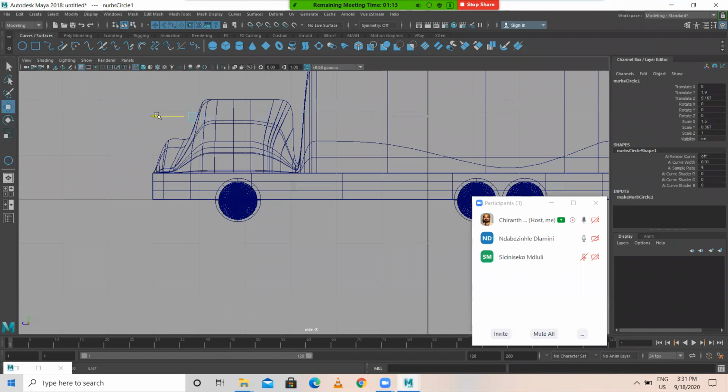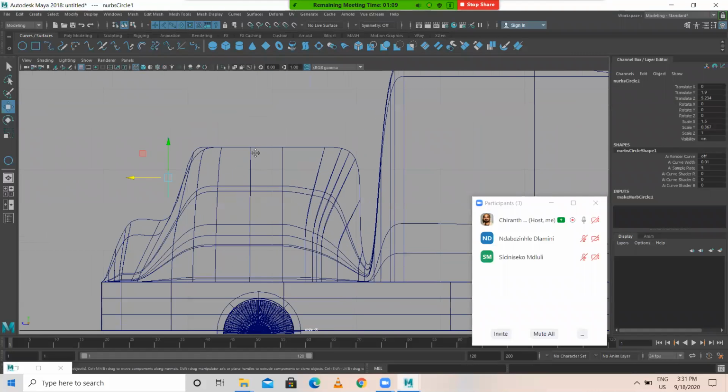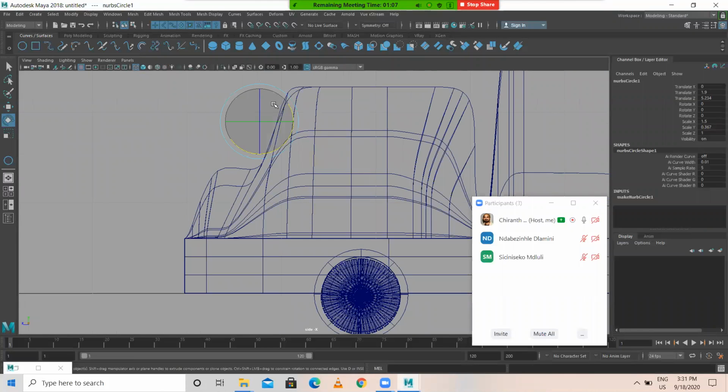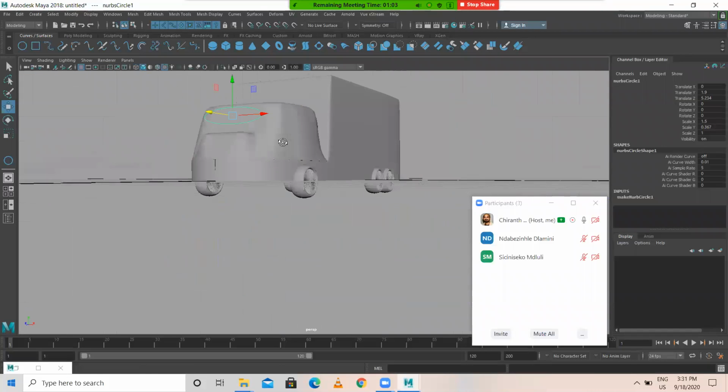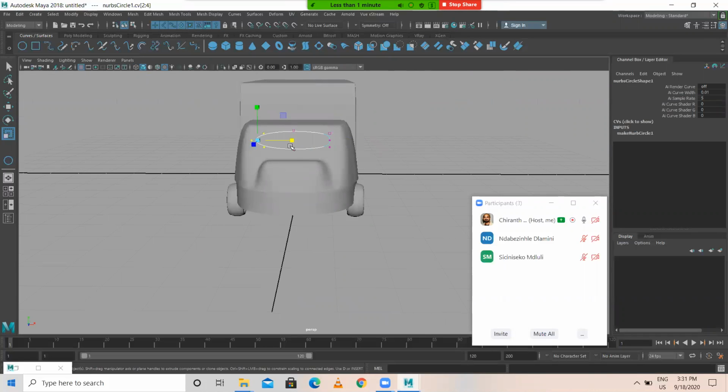So bring over here outside. So I need to check here now. Go to control vertex. Select this area. Place it like this and select this. Like this.